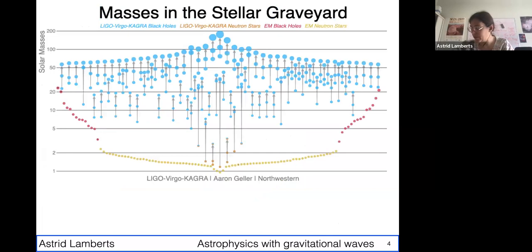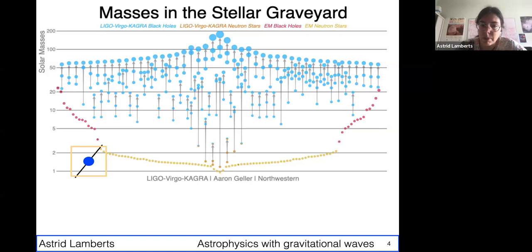So now, if we look a little bit into what we actually have found with these gravitational wave detectors. The plot I'm showing here are the masses of neutron stars and black holes that we currently know of. The masses are shown on the y-axis, and the x-axis doesn't have any meaning. It's just a pretty representation to show it like this. And what you see is that in yellow, we have neutron stars.